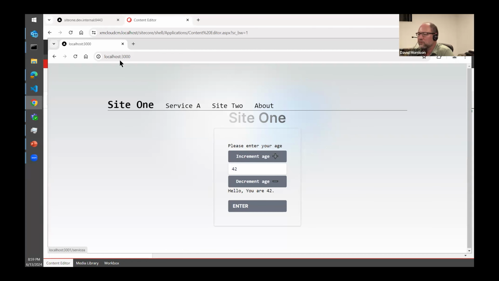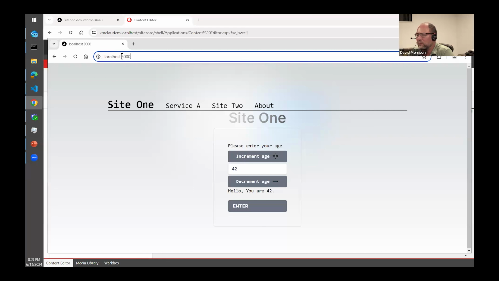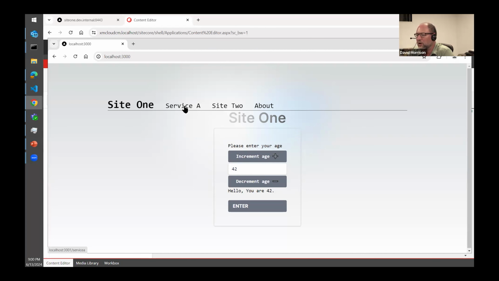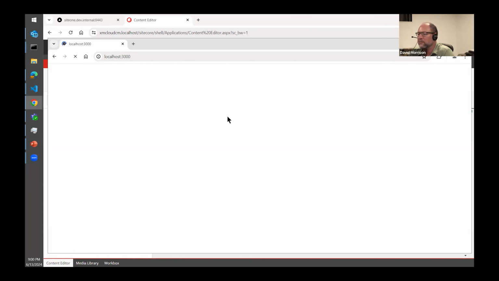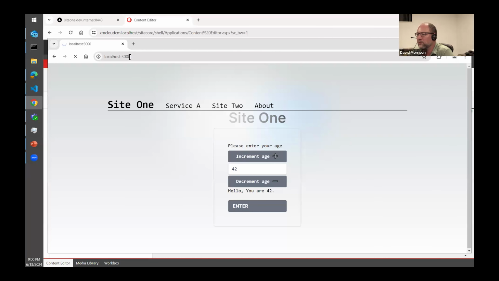And it's hard to tell that we're bouncing around different sites here, but if I watch the port number here on my URL bar, you can see when I bounce across to different services and different sites, I bounce to different ports. So I've just run in sequential port, 3001 here. Site 2 is running on port 3002. It's just compiling. And I think you get the idea.